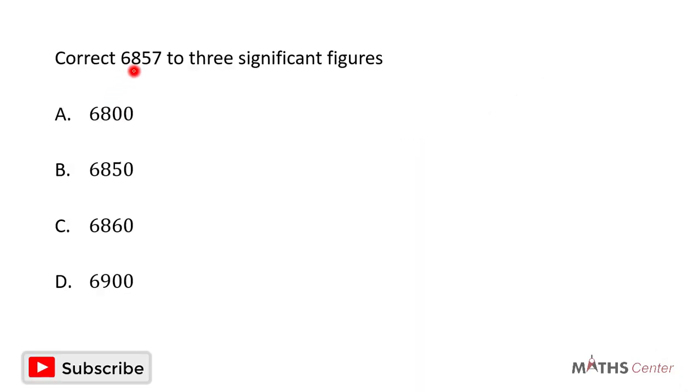Correct 6,857 to three significant figures. This is a multiple choice question, and so we will solve the question, and then after that we will pick the correct option. The number is